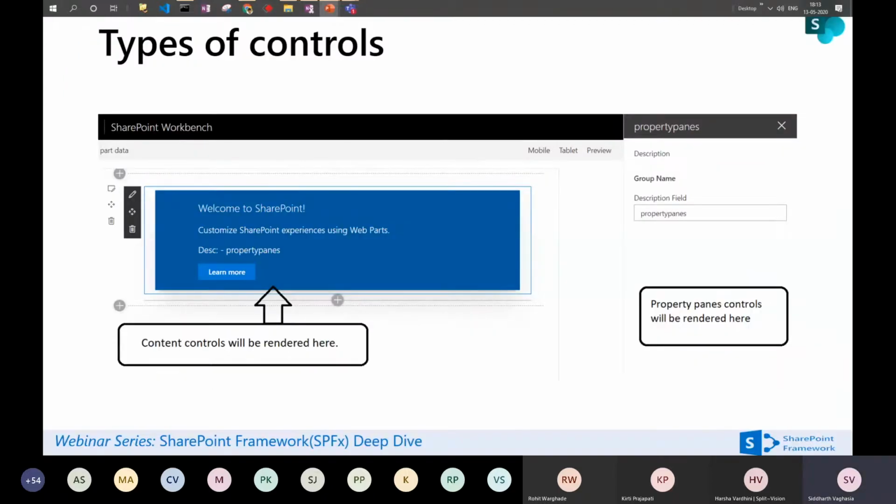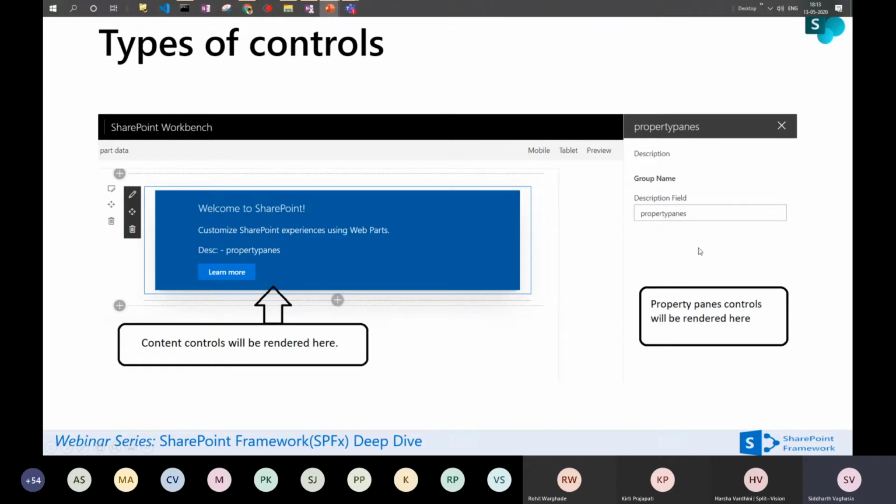Just to see where these controls are placed in a typical SharePoint page, this is an example of the SharePoint Workbench. The content controls which are available would be rendered here on the content part of the web part, and the property pane controls would be rendered on the property pane part.